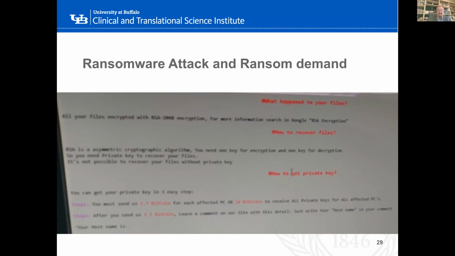They had one thing they did. One of the doctors had a laptop at ECMC, and he'd gotten the same thing, and he paid the Bitcoin because he had a lot of important stuff on his laptop. And he gave the decryption key, which worked for him, to the hospital. They tried it, and it came up with a skull and crossbones and started deleting all their data. That was not a good result.